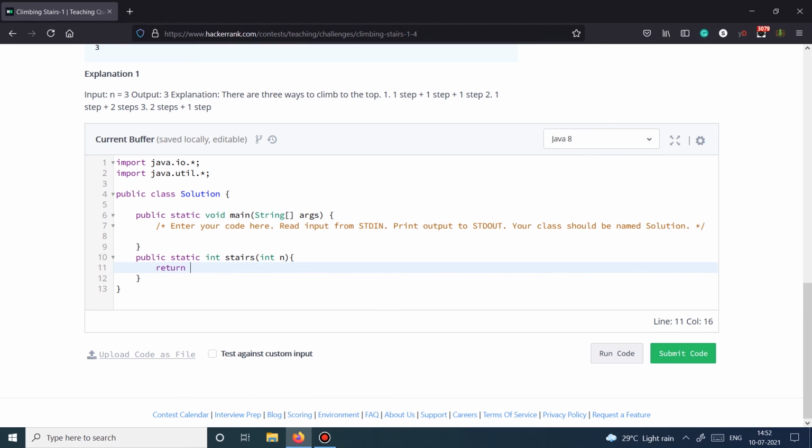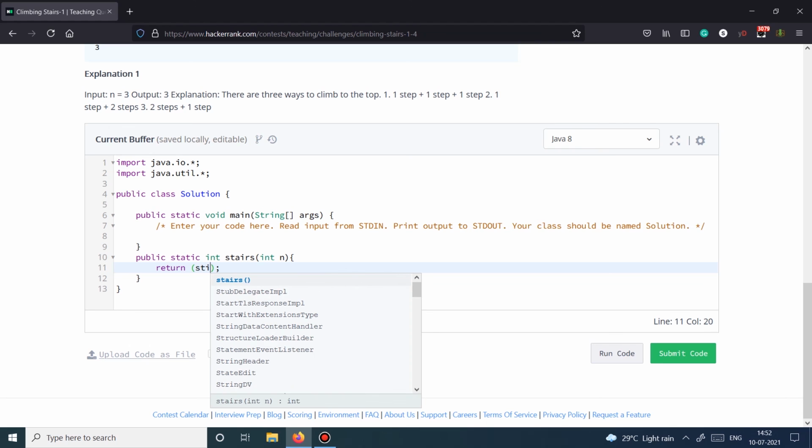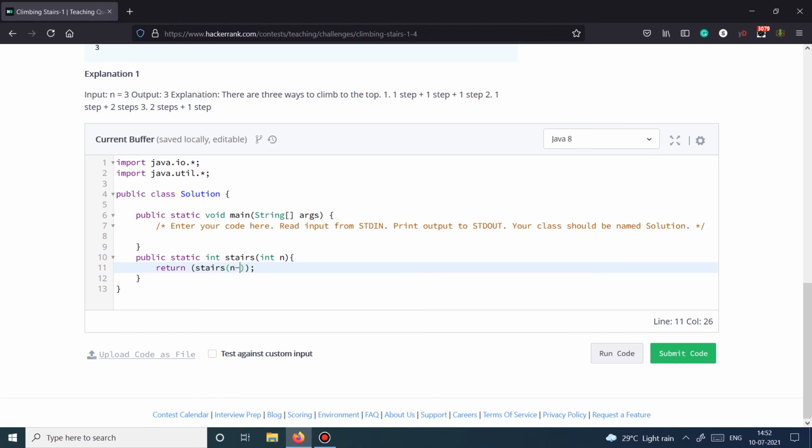The options we have are going one step or two steps at a time, so we will be calling stairs of n minus 1 plus stairs of n minus 2, because we can only take either one step or two steps at a time.